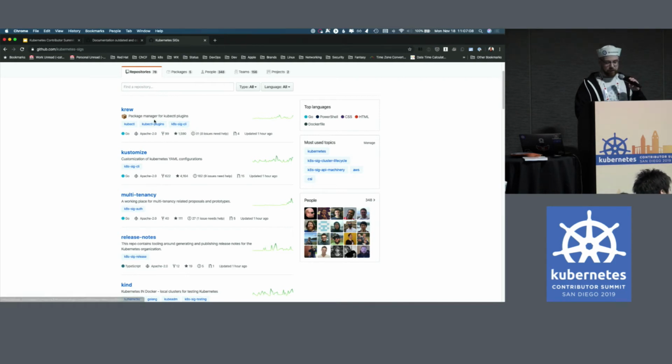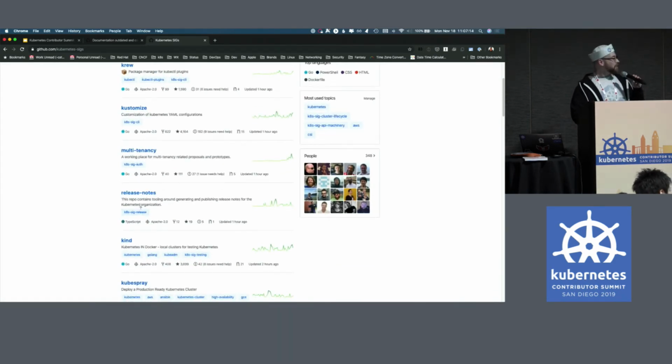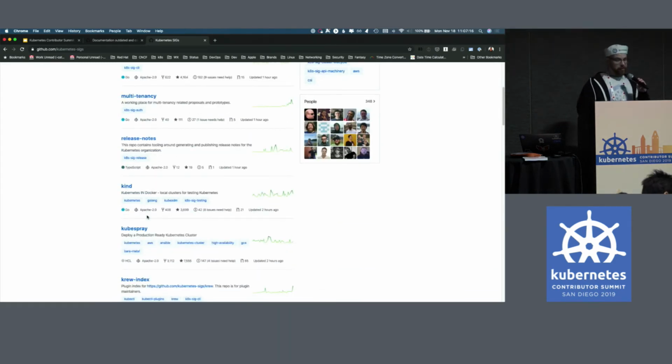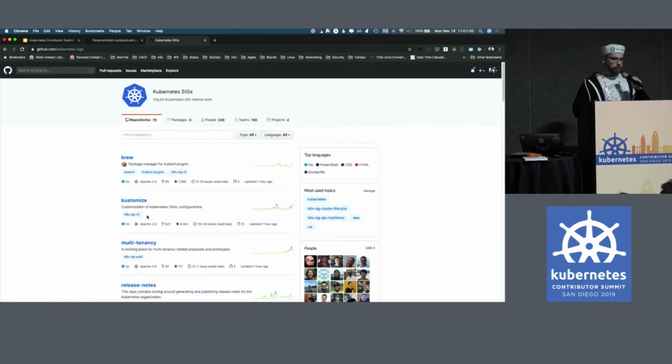So krew is owned by SIG CLI. Release notes is owned by SIG release, and so on. If you want to contribute to Kubernetes, you don't have to do it in the main Kubernetes org. There's a lot that goes on outside of it in here, and this is a great place to start.